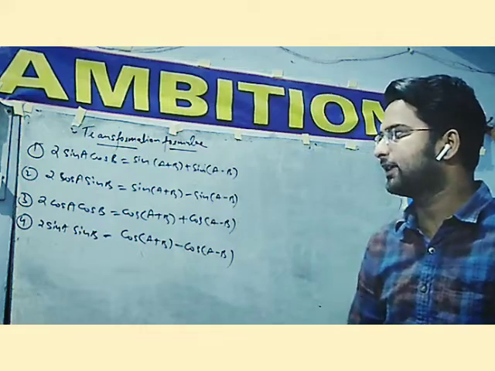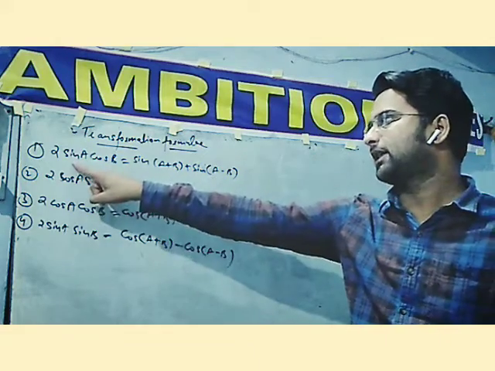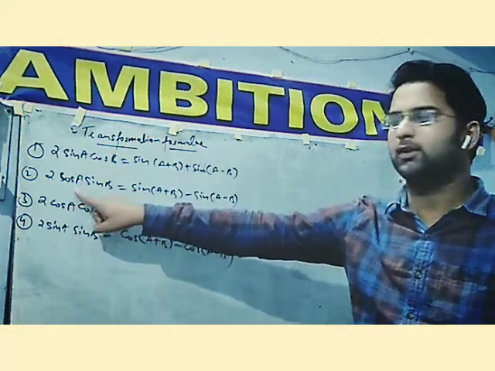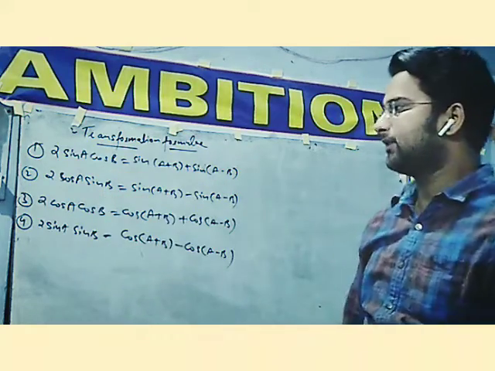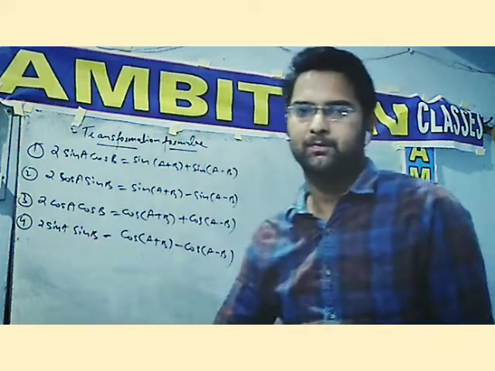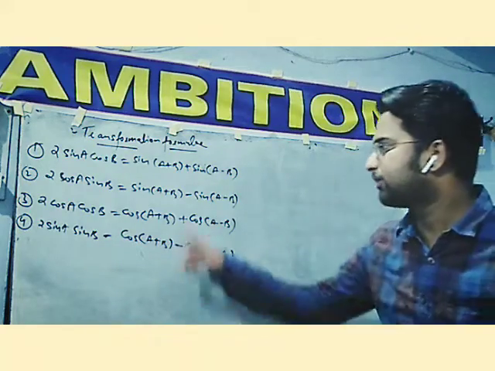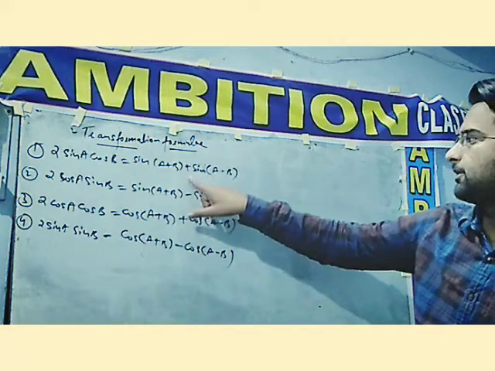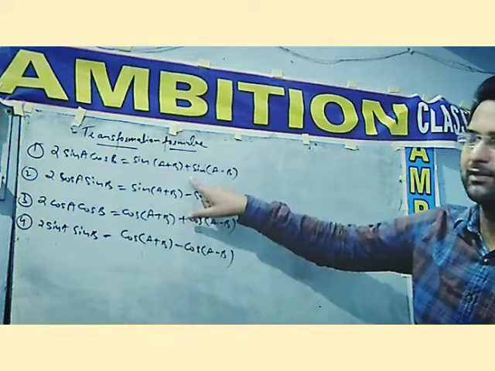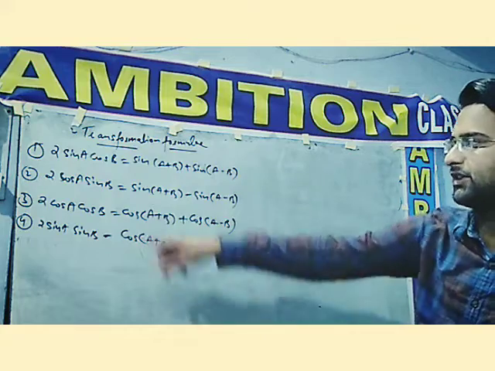What is the difference between these two formulas? The only difference is that here the angle A is with sine and here angle A is with cos. Here angle B is with cos and here angle B is with sine. It means the angles are interchanged with the trigonometrical ratio, so the formula must also change somewhat. That is, we have to substitute minus in place of plus. Okay students, now let's come to the third formula.